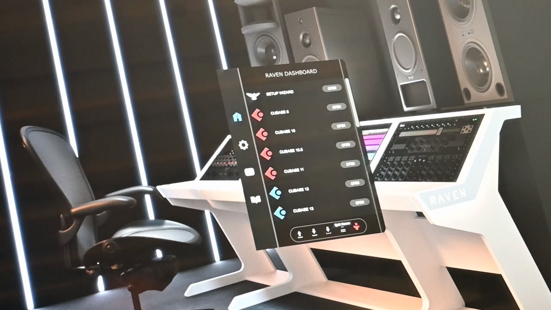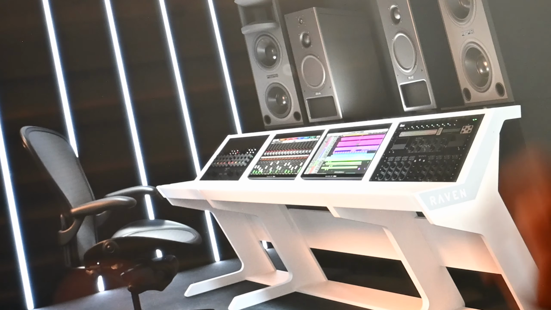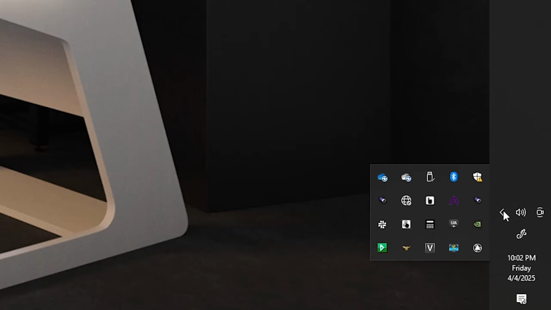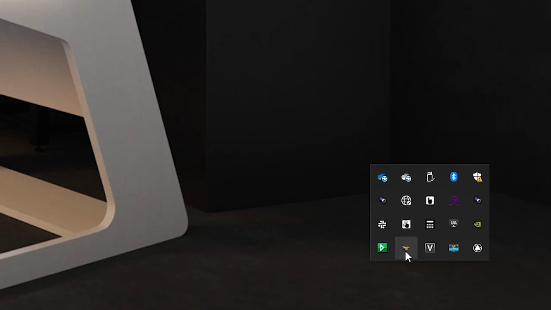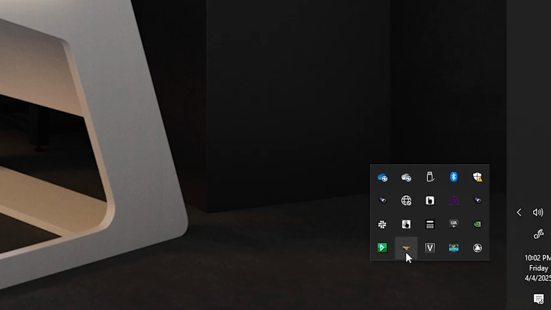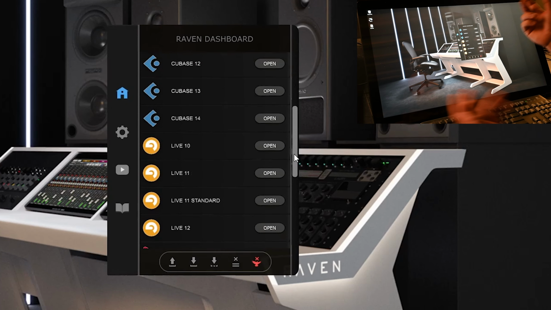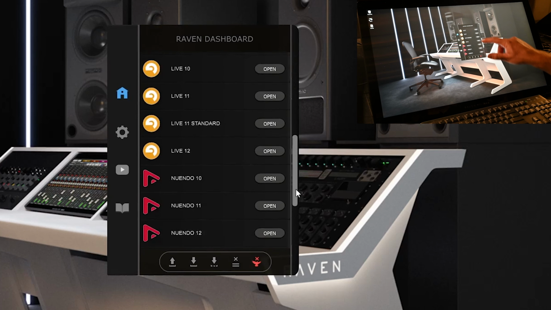Now, to hide the dashboard, you can just double click it, and then it's back in your system tray here. Click the little gold Raven icon to open it back up, or hit the gold icon to hide or show it again. Now that we have the Raven software open, we could actually hit open to launch the DAW, but